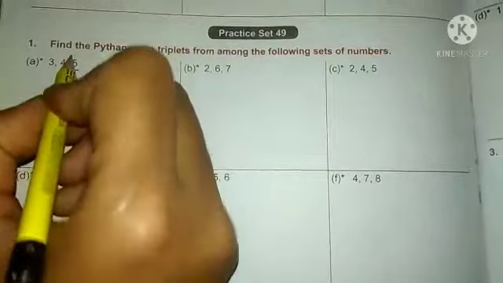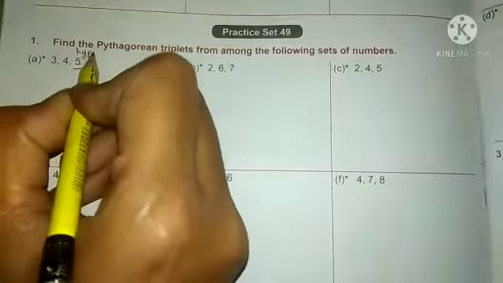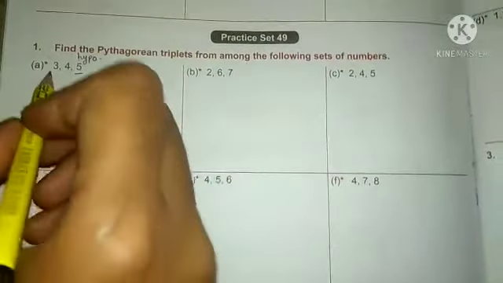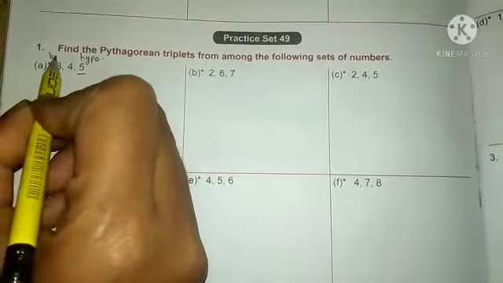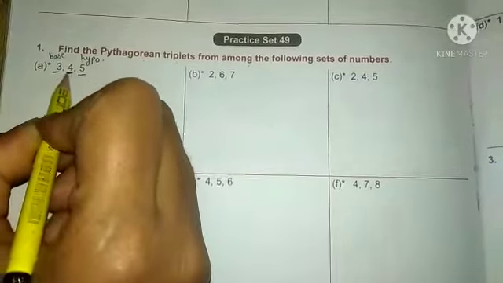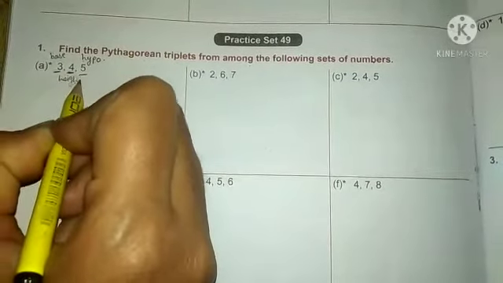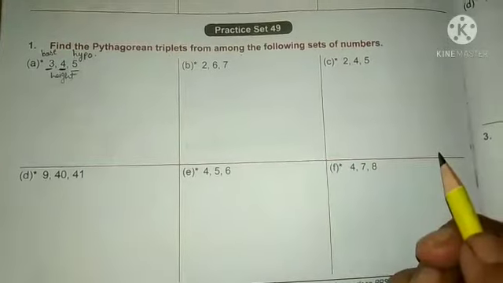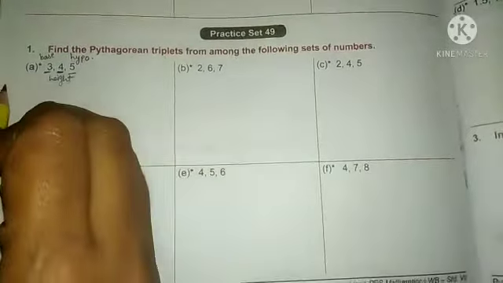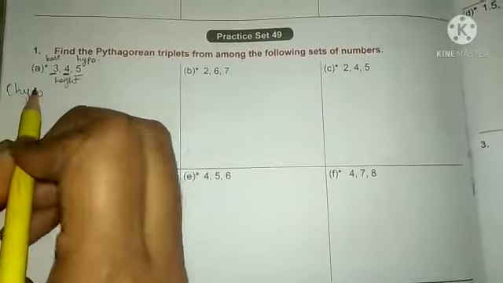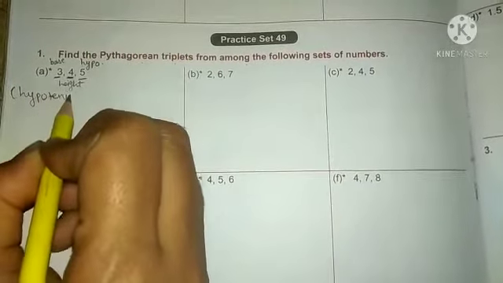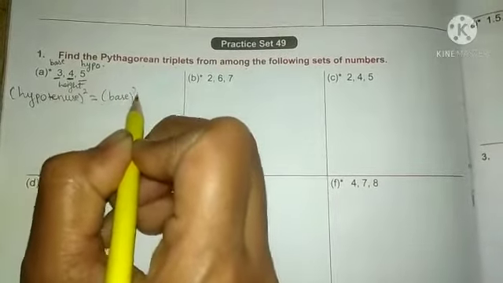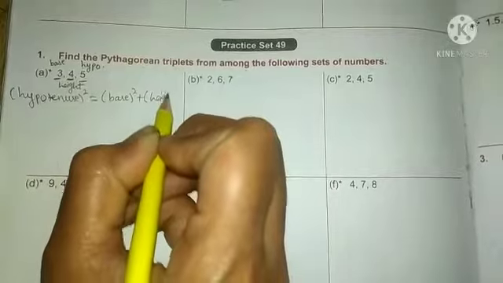So this bigger number you will take as the hypotenuse. Clear? And the smaller number you will take as your base. Understood? And the remaining number you will take as your height. Clear? Like this you have to take your base, height and hypotenuse. Understood? So come on, here we will write down the formula, that is hypotenuse square is equal to base square plus height square.